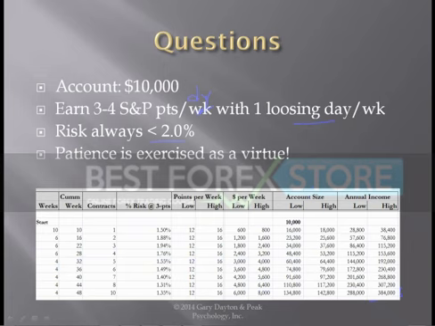I think it's harder to trade one contract as 2 or 3. Well, you don't think about it in those terms. You think about it in these terms here. If I have 5 losses in a row, I still have $9,000 in the account. I can make that up.